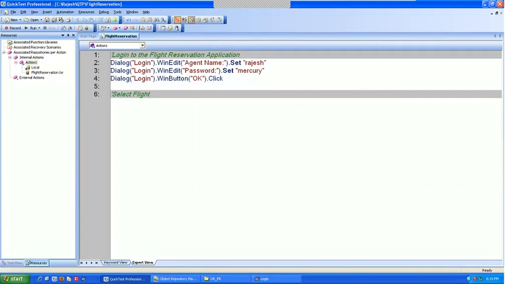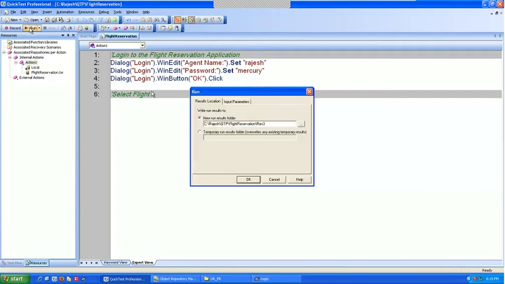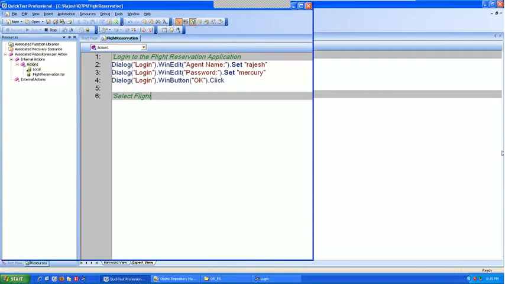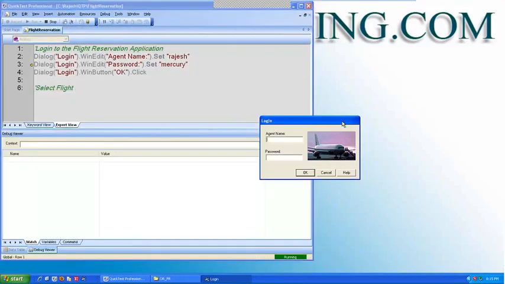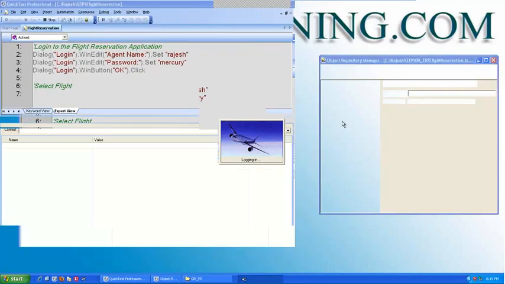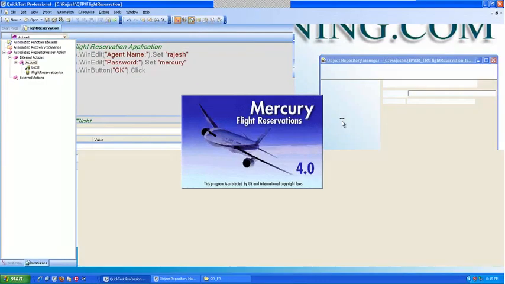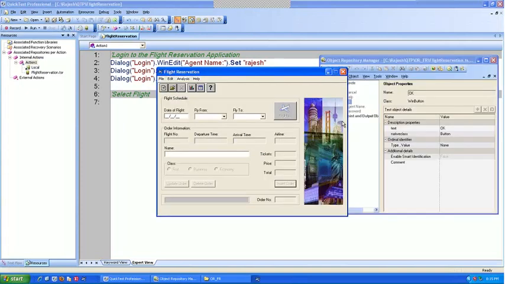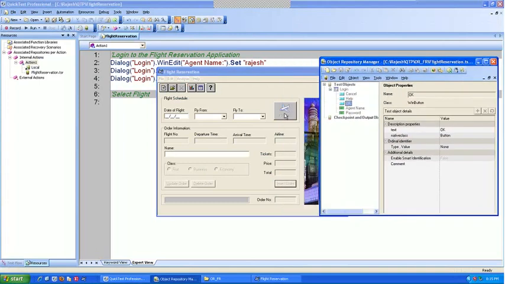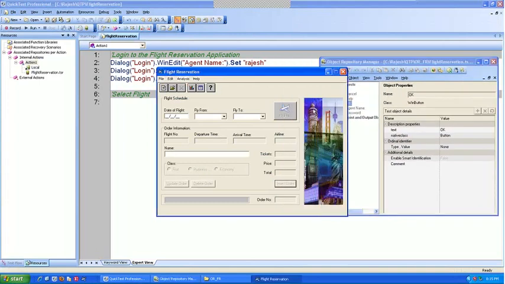Okay. Next what I'm going to do, let me run and log in. Okay. Next step, I want to click on this flight button. So in order to click on this flight button, or rather select a flight,